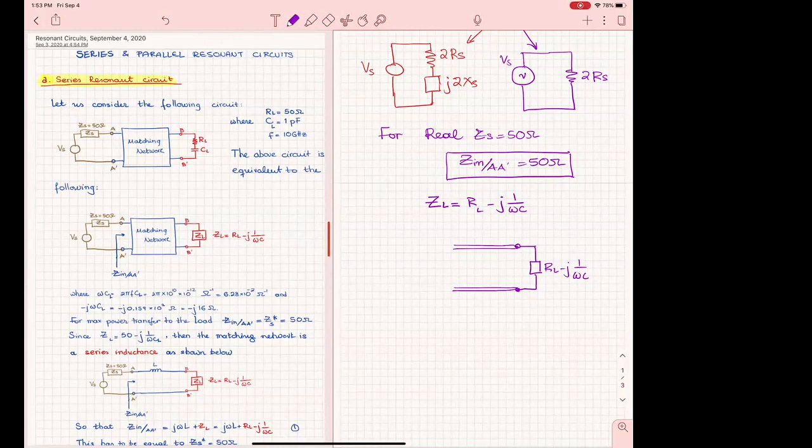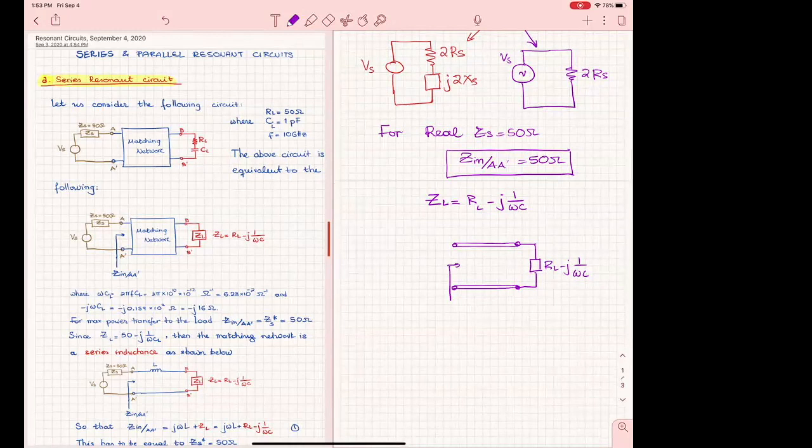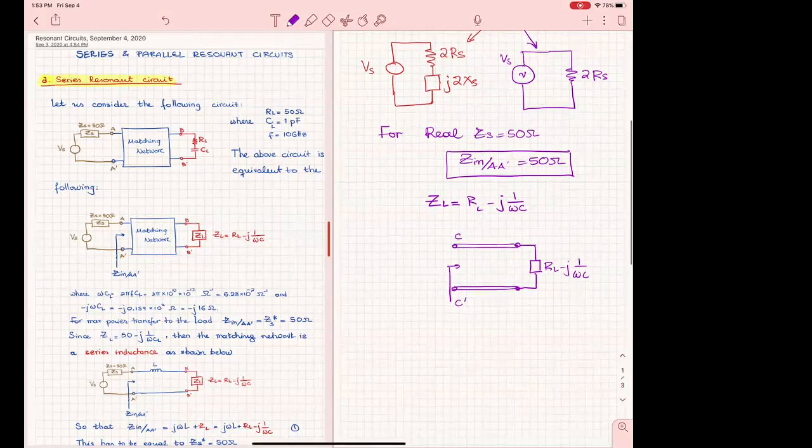Whether you use an open circuit or a short circuit depends so much on the geometry, and we're going to come to this. But if I were to use a section of a line, at any point, I cannot avoid using a stub. Why is that? Because the section of the line will transform the impedance. Let's assume this is an intermediate point, C prime, and that A prime is somewhere here. If I use a section of a line and look at any point C prime, which is at a distance D from the load,